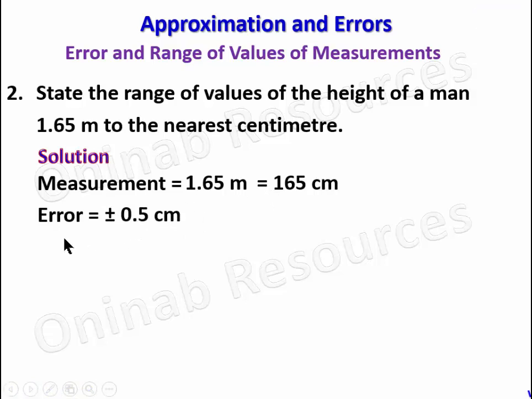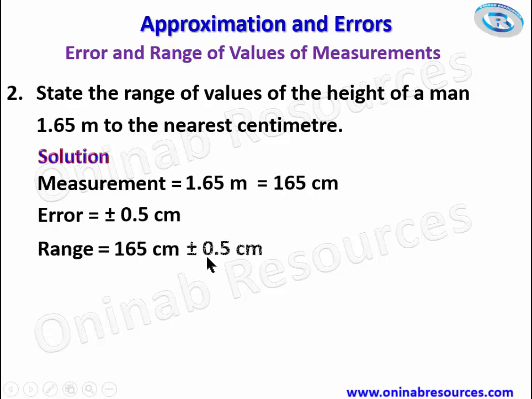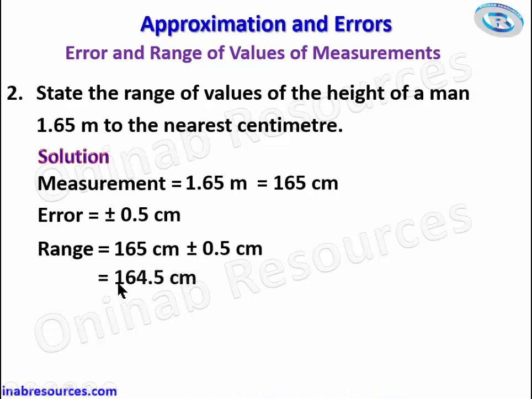So we get our range of values now, which is going to be 165 centimeters plus or minus 0.5 centimeters. 165 minus 0.5 gives 164.5 centimeters, and 165 plus 0.5 gives